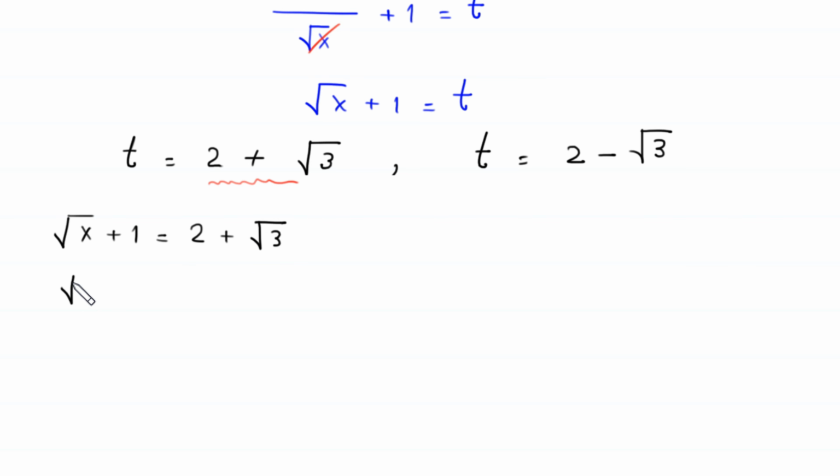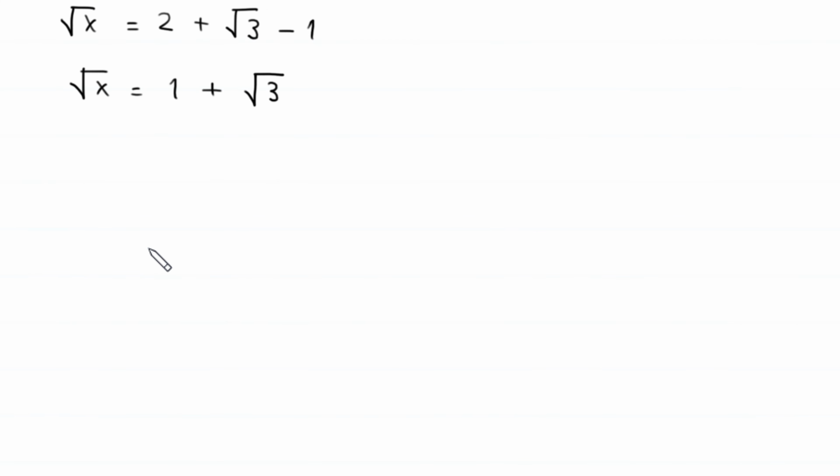This will become root x is equal to 2 plus root 3 minus 1, and root x will be equal to 2 minus 1, which is 1 plus root 3. Now we square both sides of this equation. So this square will cancel out with this square root, and we are left with x is equal to,